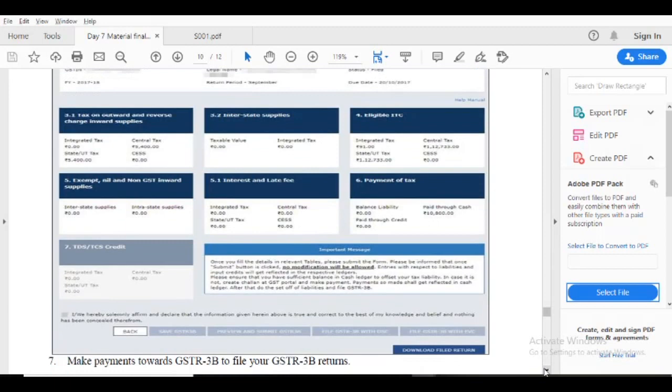Yes, correct amount, correct data is only you upload. If I have 100 bills, don't type on the GSTN portal, because we upload easily from the Control E JSON file format. You save the GSTR3B here, make the payment to file.